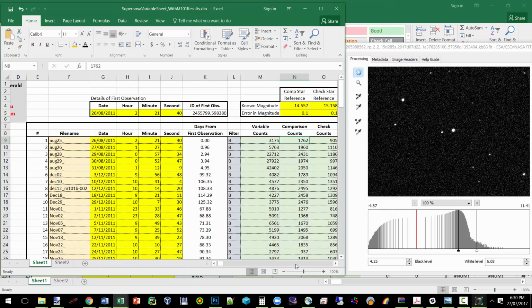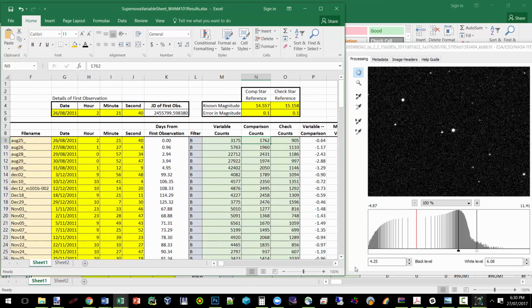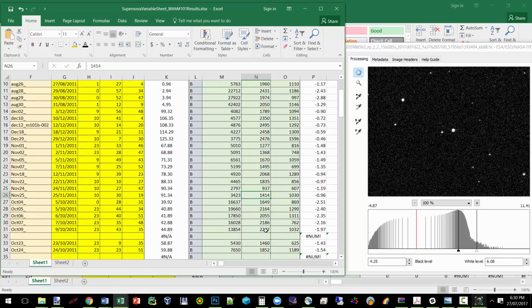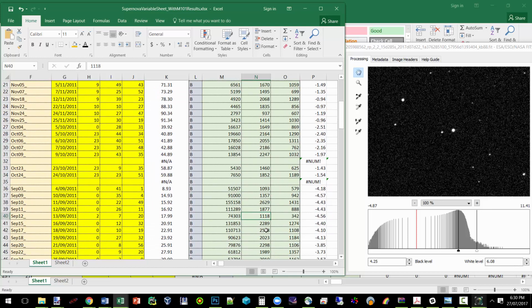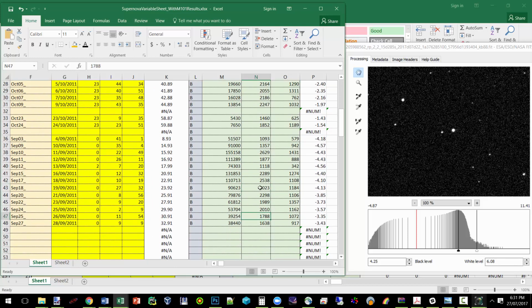So if we look through different images, and you assume that this star here is a non-variable star, and this star here is a non-variable star, then their light should be the same in each image, right? But that's not the case. You put a circle around this in one image, and then you put a circle around it in the next image, and you get different amounts of counts. Even though I already know a priori that this star is constant, you can see it's varying,